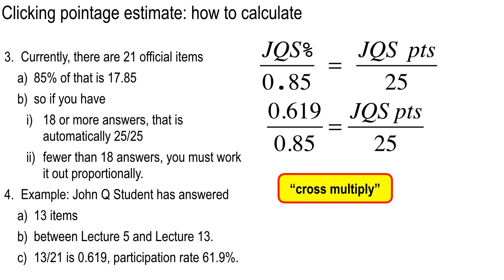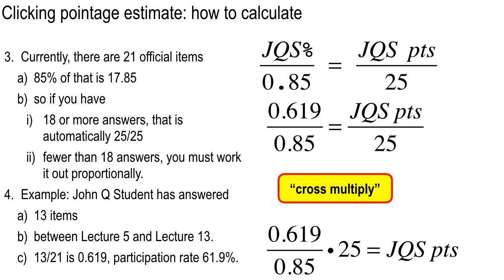Now what you do is you cross multiply. And I just saw somebody in the back row over here, when I said cross multiply, they stuck out their lip, and that's all right. And here's how to cross multiply. You clear the denominator on the right by multiplying both sides by 25. Okay, so that's what this is.